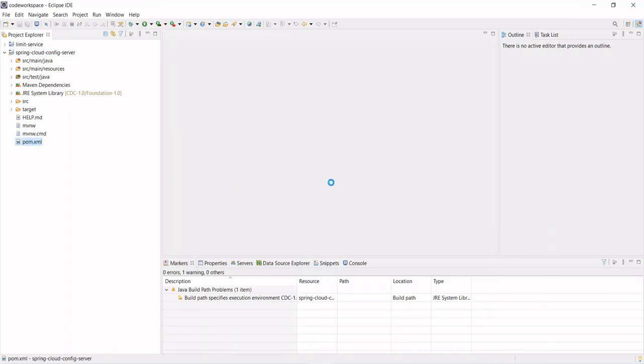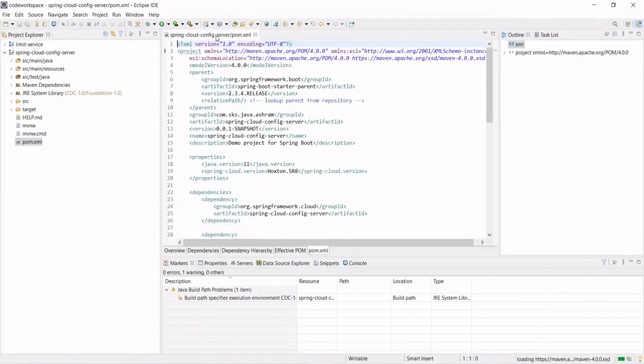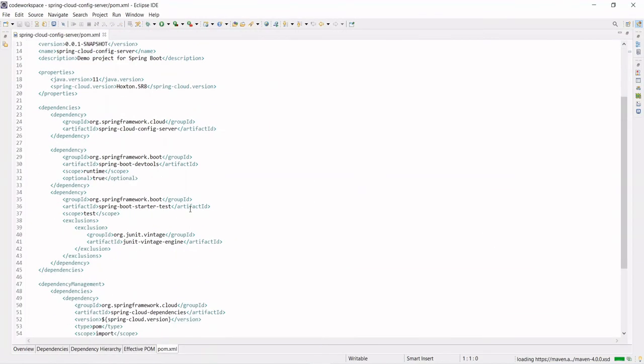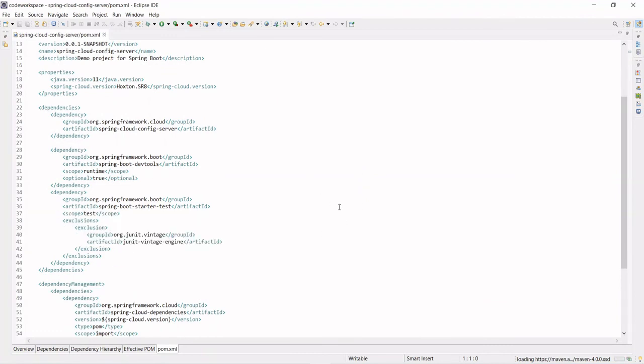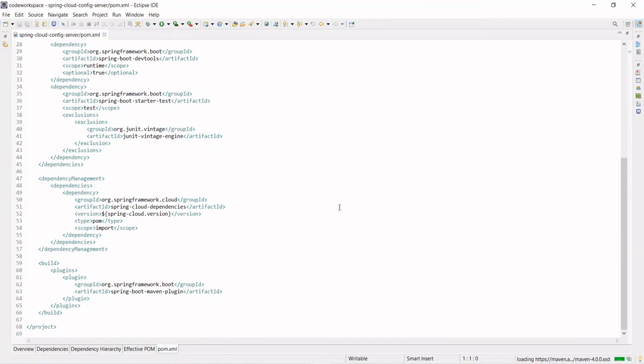If you go to the pom.xml, you see here you have added the dependency Spring Cloud Config Server. So all the dependencies will be here, like the Spring Cloud version, whatever the latest version, it will pick and add the dependency.